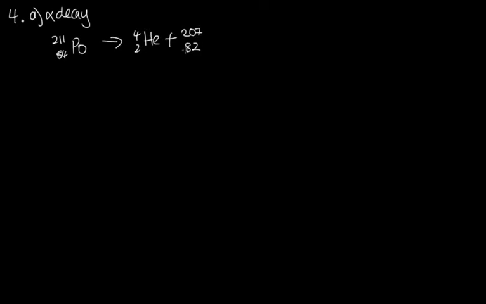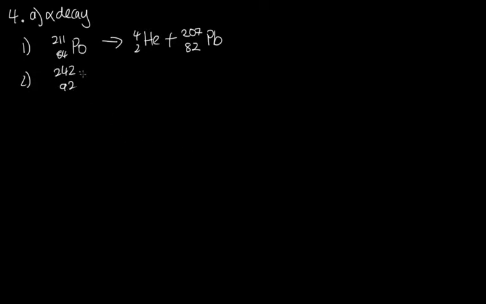And now what we have to do is get a periodic table and look up what is element number 82, and we find that element number 82 is lead, Pb. So this is the alpha decay equation. Now that's one. Question 2, we now need to do the alpha decay of